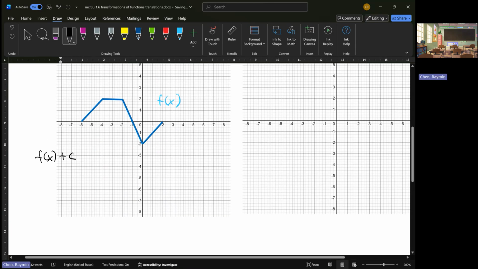So how are we going to understand this? This function is just a made-up one. I like using this one rather than the parent functions because the parent functions, although very, very important, don't help you understand the nuances. I wish we could use animation for this, maybe an anime figure or character or an animated cell. But f of x plus c, this function we have in front of you, what we're going to do is